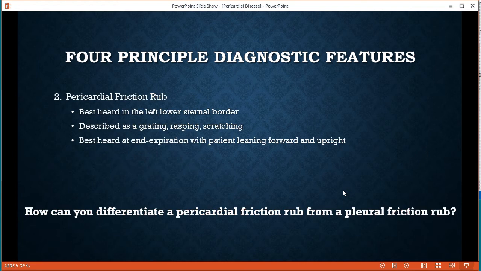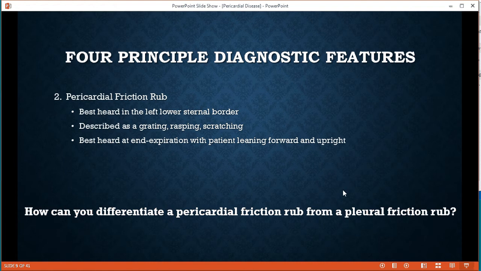Okay, so the second thing that we talk about is a pericardial friction rub. Again, this can be best heard in the left lower sternal border. It can be heard as a grating, rasping, scratching sound, and it's best heard at end expiration, although you can hear it through the inspiratory cycle. It's actually heard best at end expiration when you don't have the effects of air that's inside the